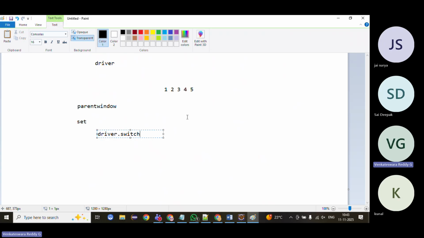Okay, for 2 windows, whatever you are telling is fine. For the parent window, we can take that window handle. If it is not equal to the parent, we can switch to the child window. If 2 windows are there, it is very easy. When you have more than 2 windows, basically we will use